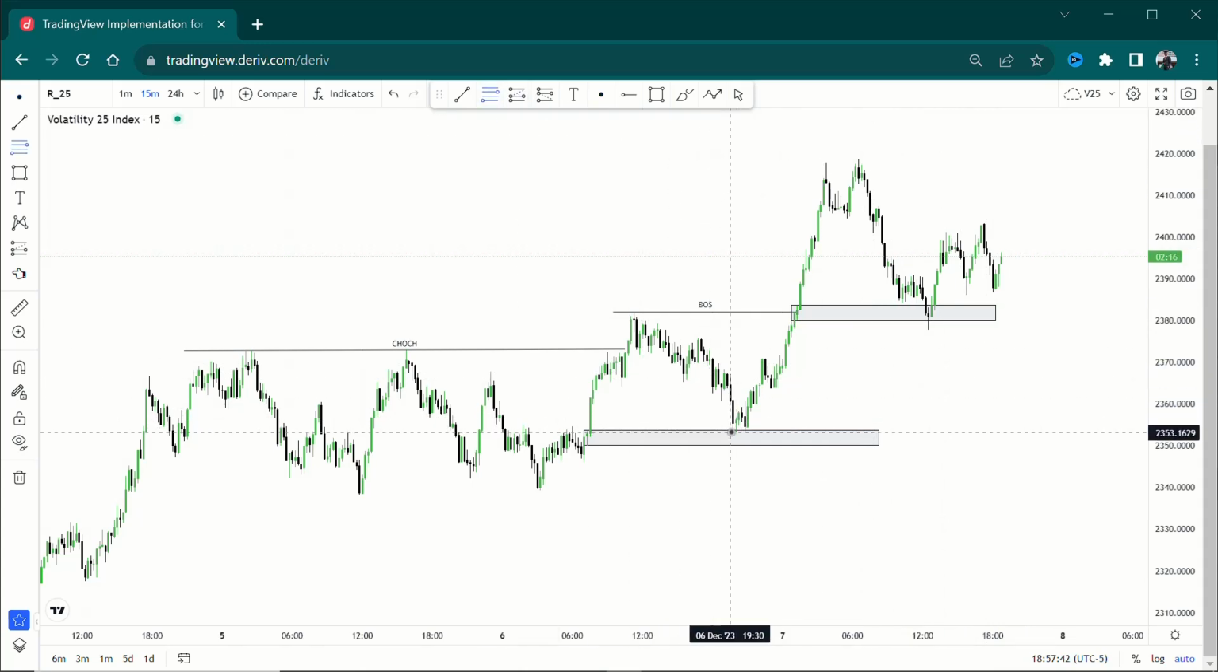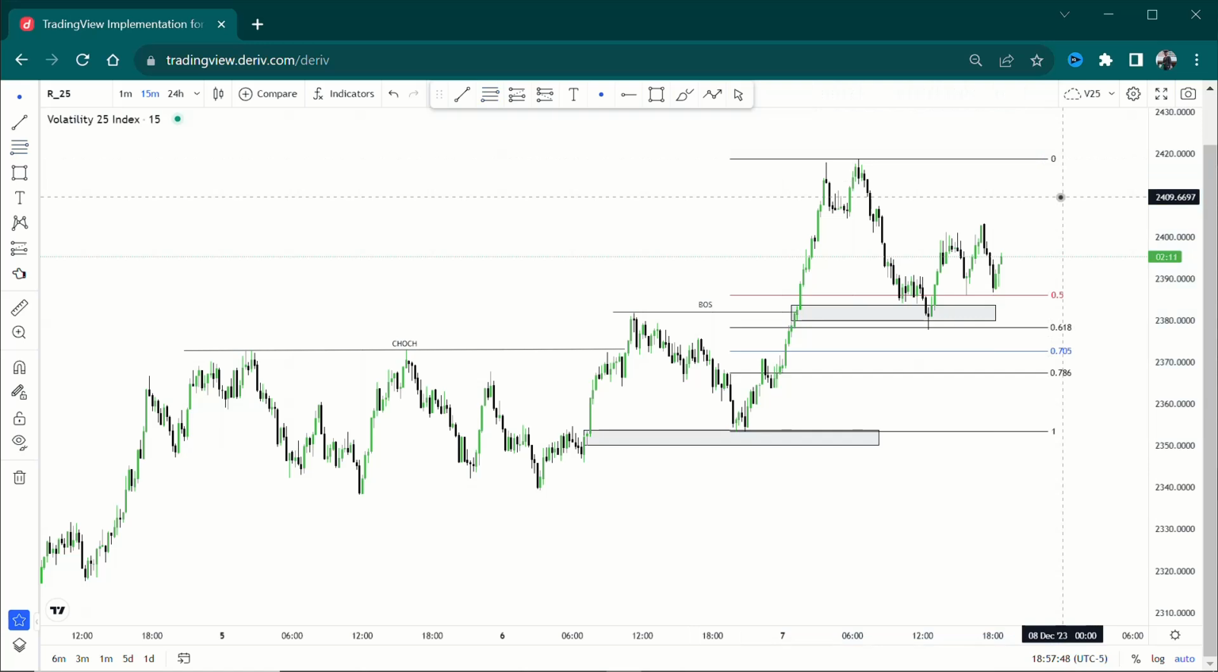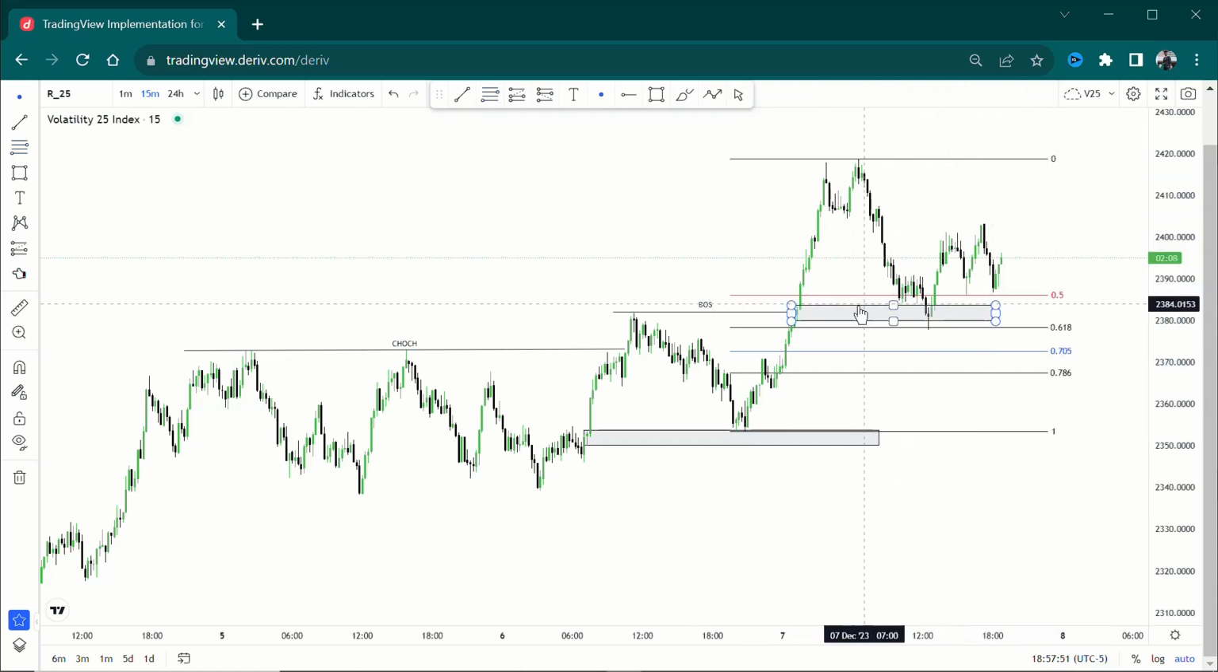Here there was, let me show you why I drew this there. Below the 50%, that was the first order block. You can clearly see the low down here. But the extreme is somewhere here, just near the optimum trade entry. If it goes through here, then we can look for